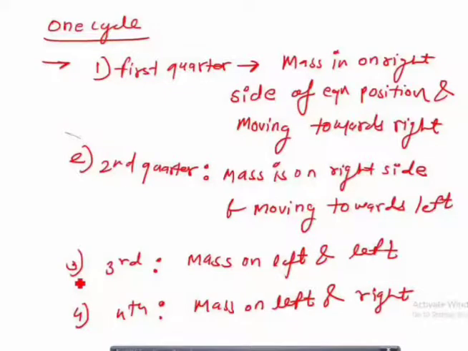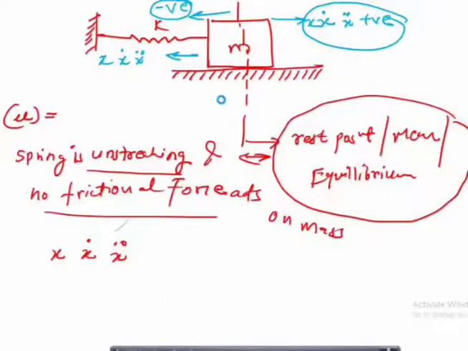Now we will do the analysis of each, and then we will understand what exactly equation we are getting. So first we will do the analysis of the first quarter. Now what is the first quarter? Guys, try to understand that I will not do the analysis for all the quarters. I will do the analysis only for the first quarter, and the rest you can follow the same logic and do the analysis of the second, third and fourth quarter. You will get the same equations. Let me show you how the equations are generated.